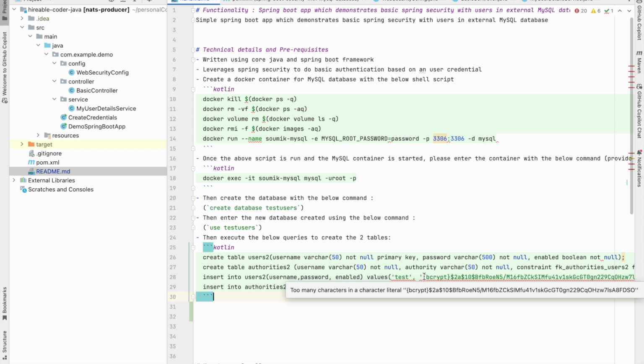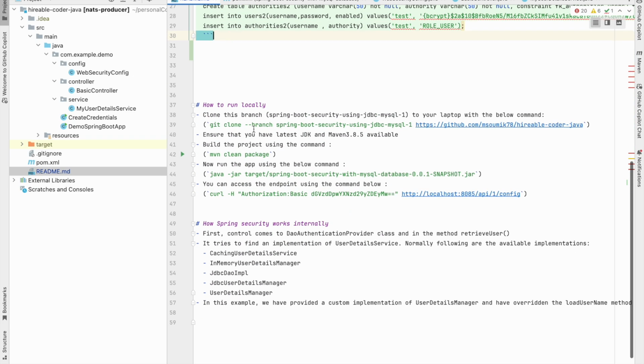And bcrypt is just one of the most popular hashing algorithms. There are many others as well. I will create another video which will discuss the details of all the different password hashing algorithms which Spring Boot security supports out of the box. But coming back here, you can again follow the steps here to